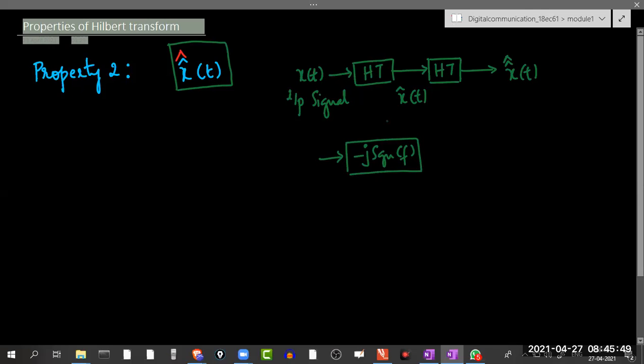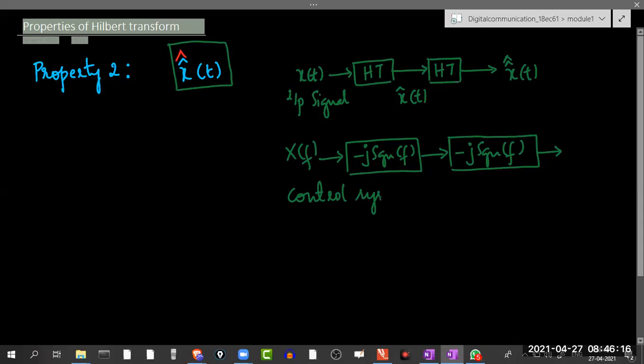So this is the transfer function of the first block. Likewise, the other block is negative j signum function of f. Let's assume that I'm passing an input signal in the frequency domain, X of f. Now, you might have studied in your control systems course that